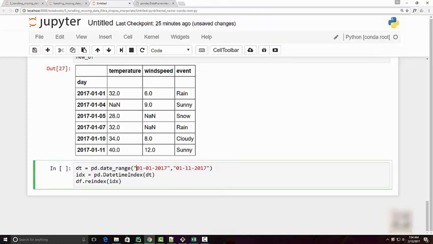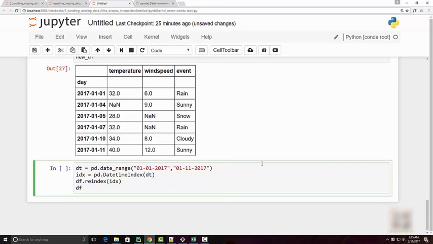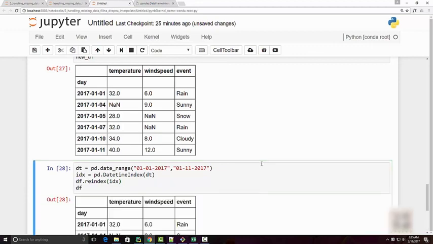Then you pass that to DatetimeIndex and create a DatetimeIndex, and then you do reindexing in your data frame. So I'm saying df.reindex using that index, and when you print your data frame again,